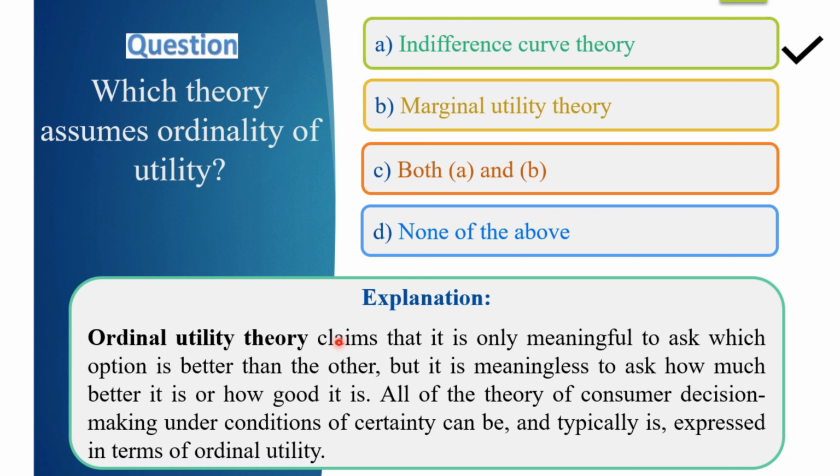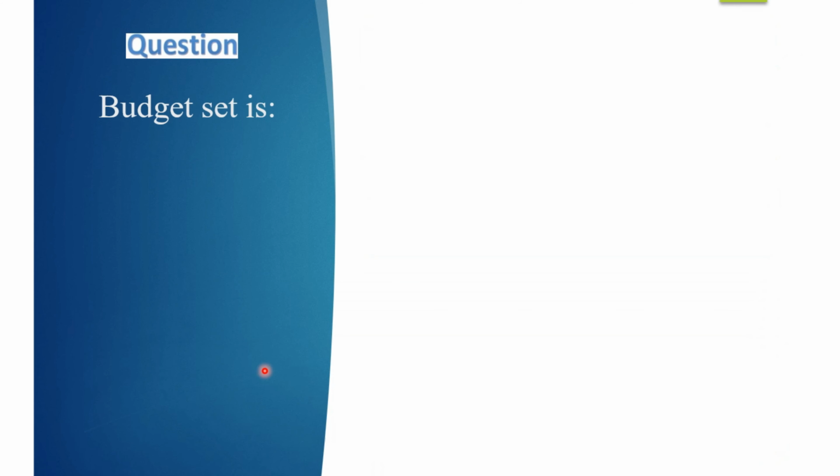Ordinal utility theory claims that it is only meaningful to ask which option is better than the other, but it is meaningless to ask how much better it is or how good it is. All of the theory of consumer decision making under conditions of certainty can be and typically is expressed in terms of ordinal utility. Our next question is related to budget, and the question is, budget set is